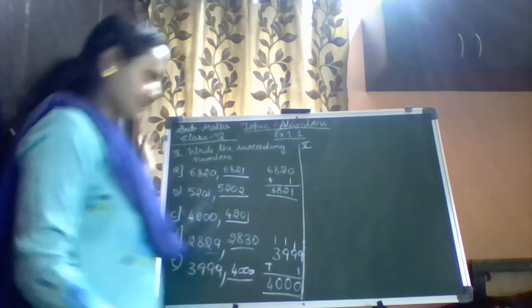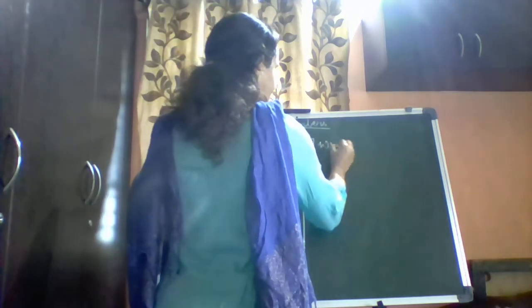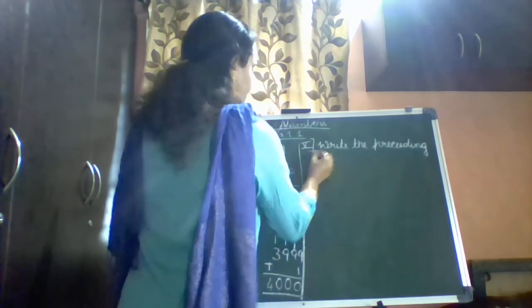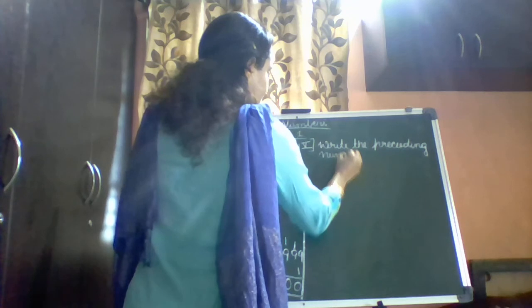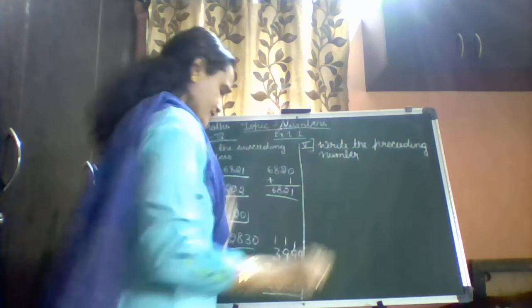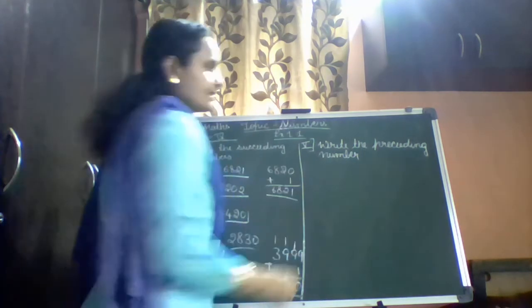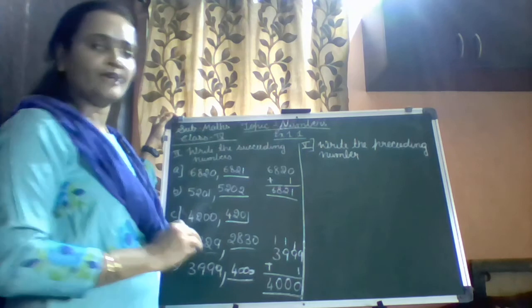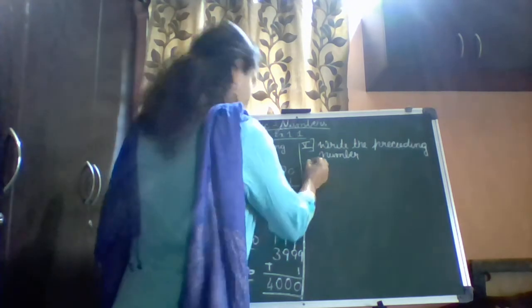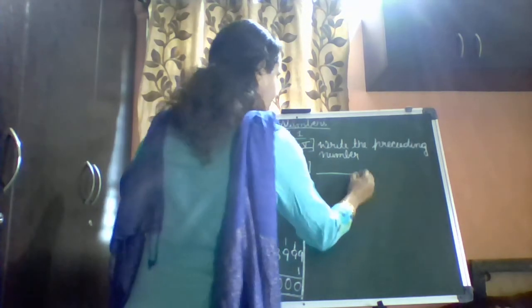Okay, now the next one. Write the preceding number. Now you need to write the preceding number. Preceding number means the number before the given number. The first one: dash, comma,